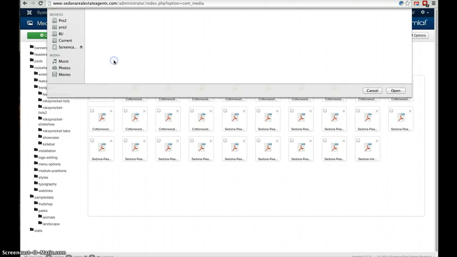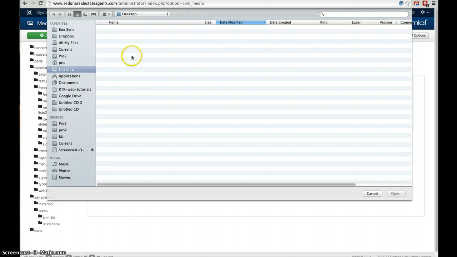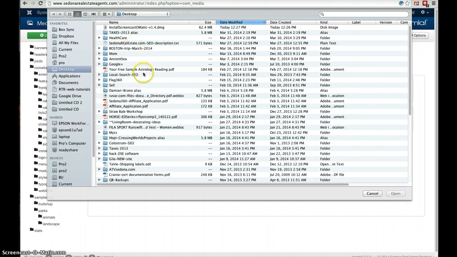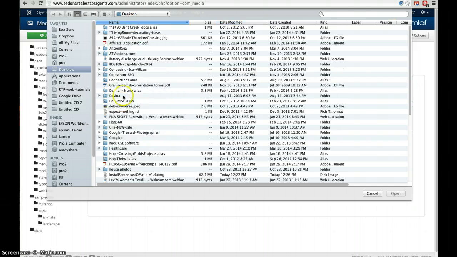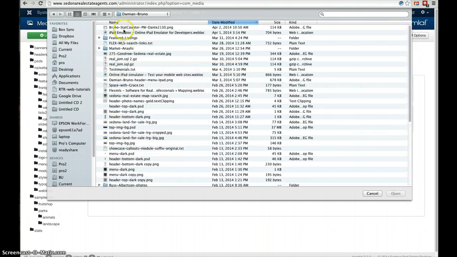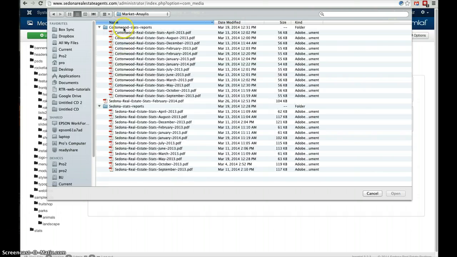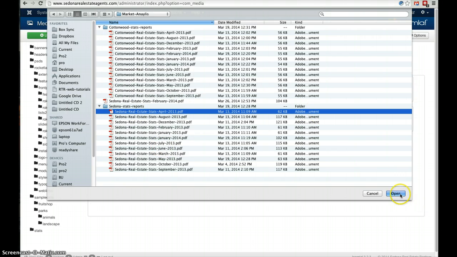It's really simple. Choose Files, and it should give you a list right here of everything that's on your computer. Here's your folder, and then I've got my market analysis. And then you can see how it's all lined up nice and simple. When you have your March one ready, just make sure you name it the same way. And then just click on the one that you're choosing, click Open,